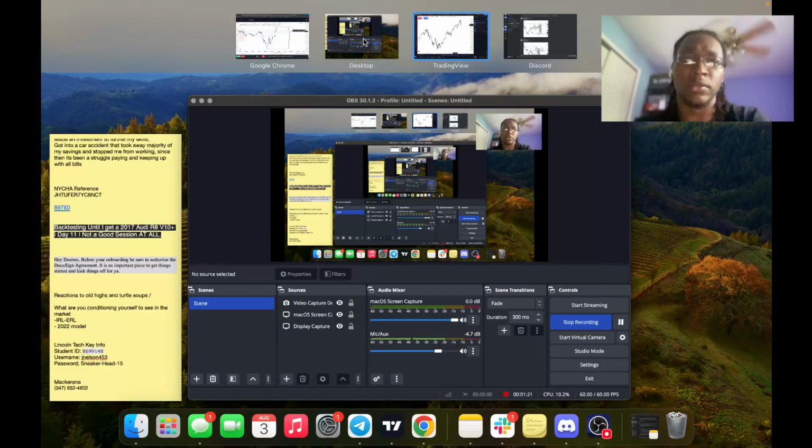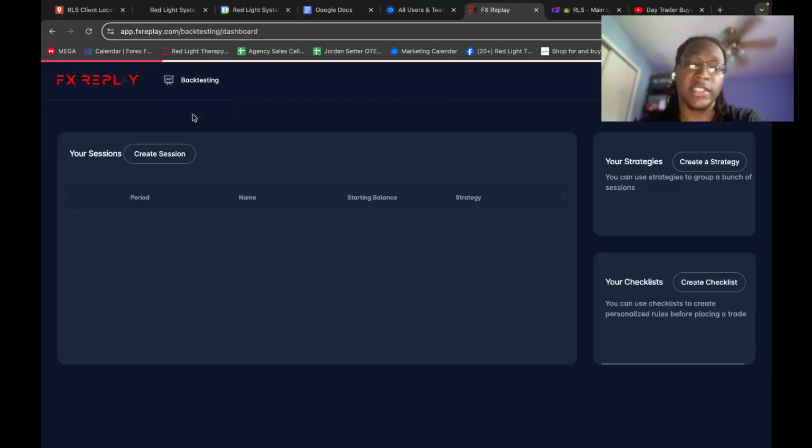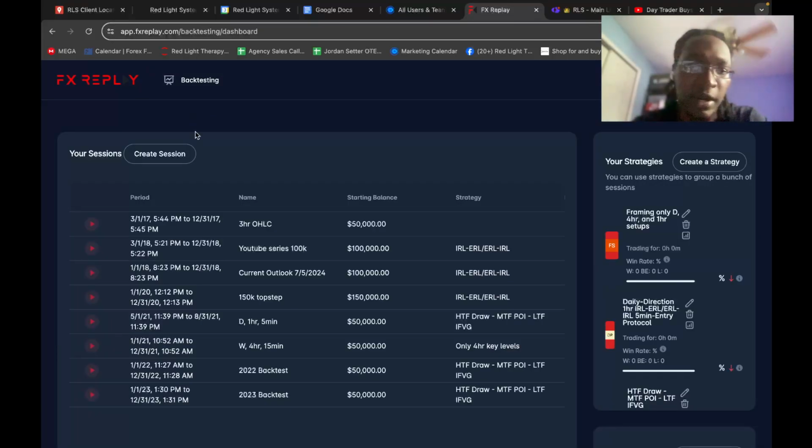Let me go over to here. So basically all it is is three time frames. My daily is my hard time frame where I'm basing it off of narrative. What are we respecting? What's currently in play, bullish or bearish? On the hourly, I want to see one thing and one thing only. If I'm bullish on my daily time frame, I want to see a swing low get taken out or trade down into a fair value gap on the 1 hour.